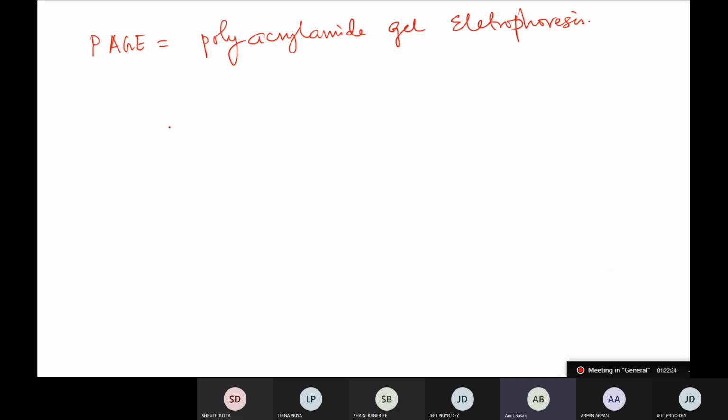What is electrophoresis? I told you electrophoresis is nothing but the movement of a macromolecule. Not only macromolecules, maybe amino acids also you can do, but usually it is macromolecules. If you subject a macromolecule which has some charges, positive or negative, to an electric field, suppose this molecule has positive charge overall, and this is the negative electrode, this is the positive electrode, and this is